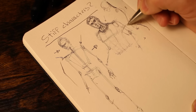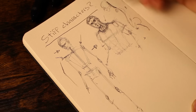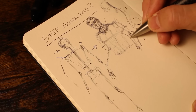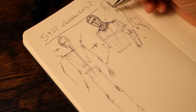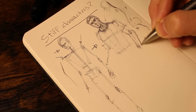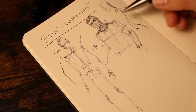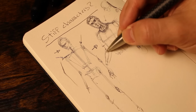Maybe an indication of where the t-shirt line could be, and the same thing out here. And then there's the forearm. There we go. Now, the other thing that could possibly be a little too stiff is when you get to the wrist, there's a lot of gesture that can happen within the hand area. We're not quite there yet. So we're just putting in the t-shirt, and the wrist, and where the bicep is,